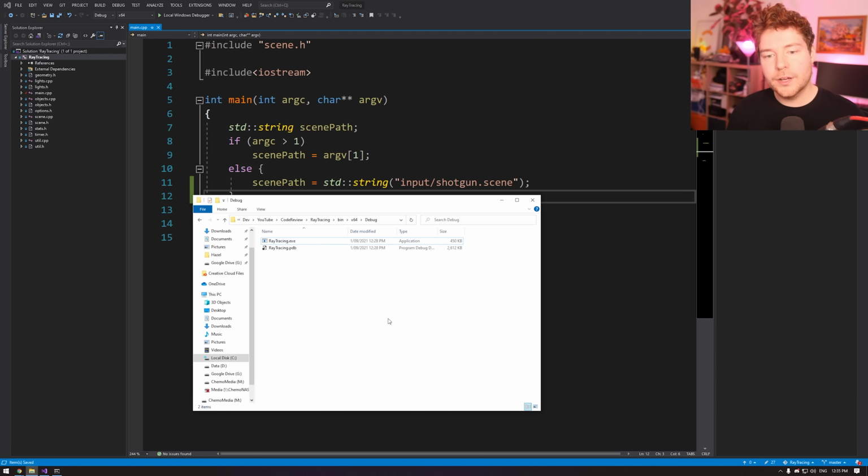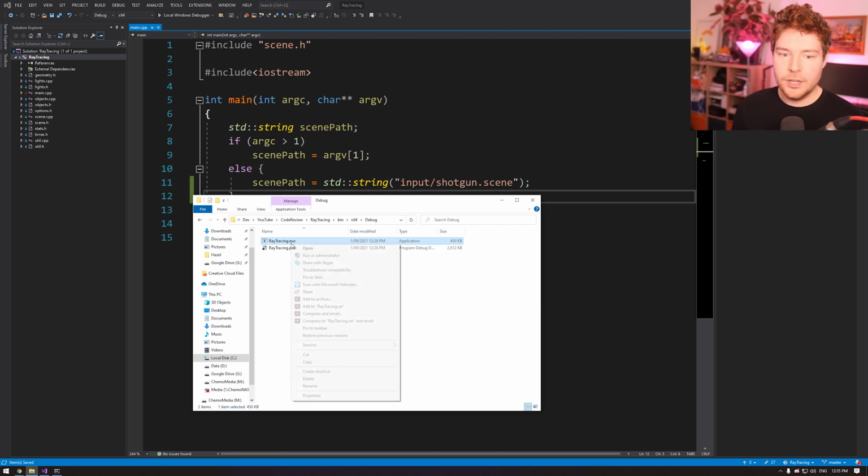They end up not knowing which directory the assets should be in. Should they be in the directory with the exe file? Should they be in the directory with the project file? And so sometimes they decide, oh yeah, it has to be both, because if I want to distribute this application, I want it to be alongside the exe file. That's mostly true. However, if you are just testing this exe file outside of Visual Studio, what you can actually do